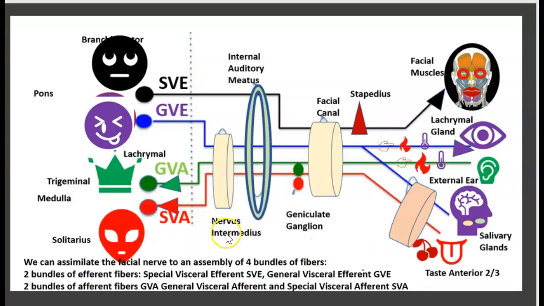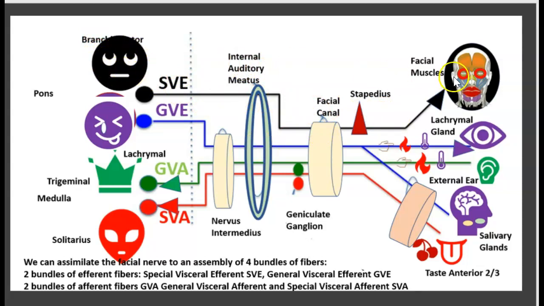Let's review the nuclei. Branchiomotor nucleus of facial proper, the salivatory lacrimal nucleus, the spinal trigeminal nucleus, and the solitary nucleus. For nuclei, there are 2 efferent branches and 2 afferent branches. Efferent branches are going from the